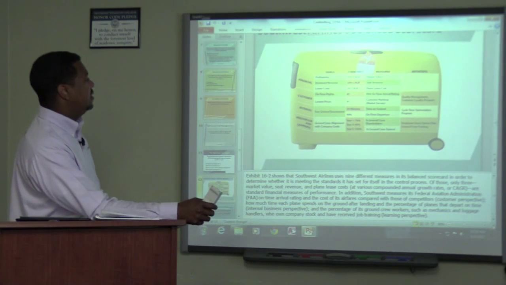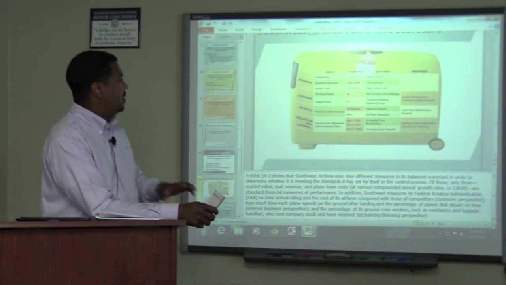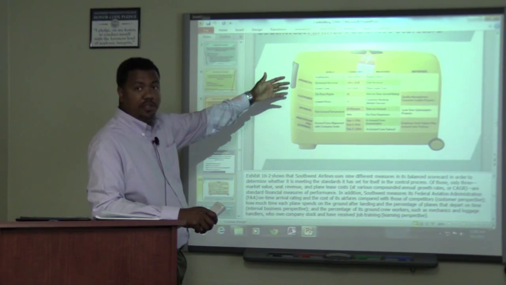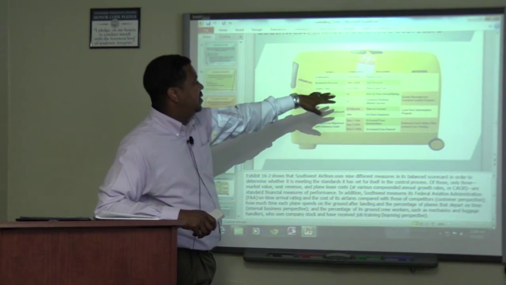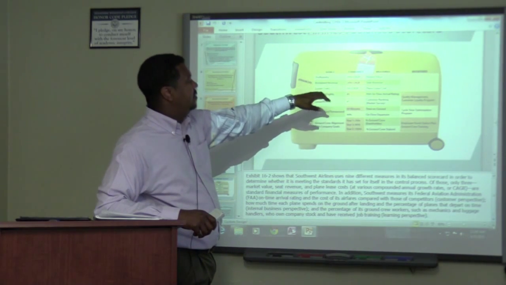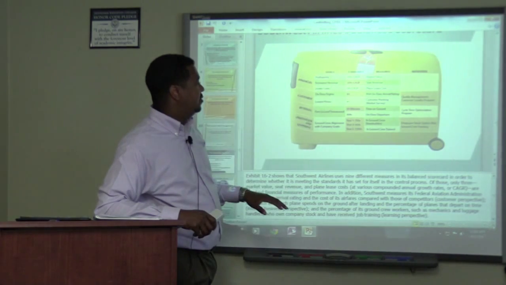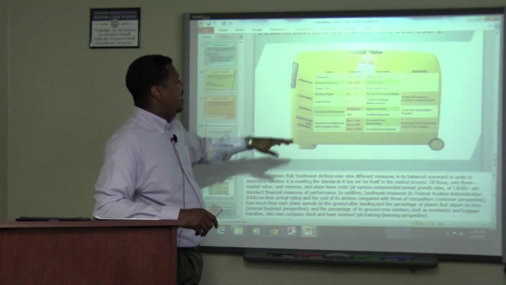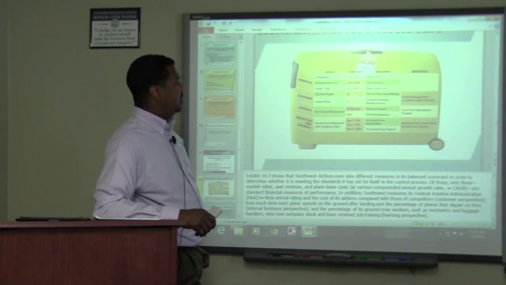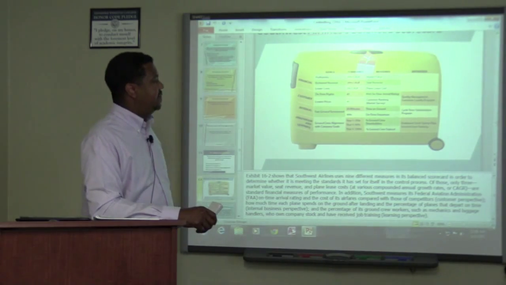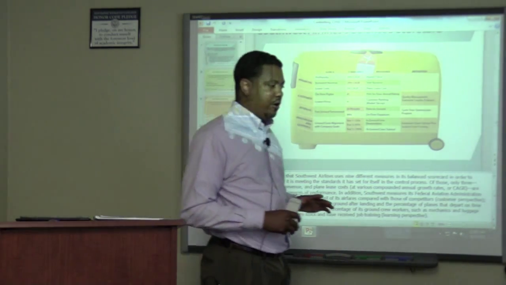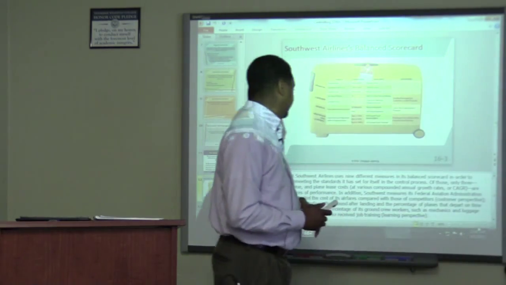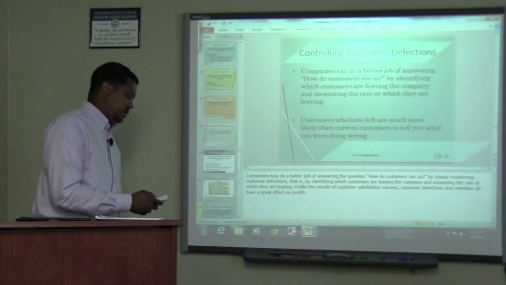Another good example, we look at the financial assessment. Of course, to be profitable, to have lower costs and increase revenue, an effective measurement is assessing the market value, your seat revenue, and then looking at your lease costs to figure out how you're maintaining your low cost abilities within your organization. So this is a good way a business can use a balanced scorecard to operate in the marketplace. Okay? Let's move on to our next slide and discuss